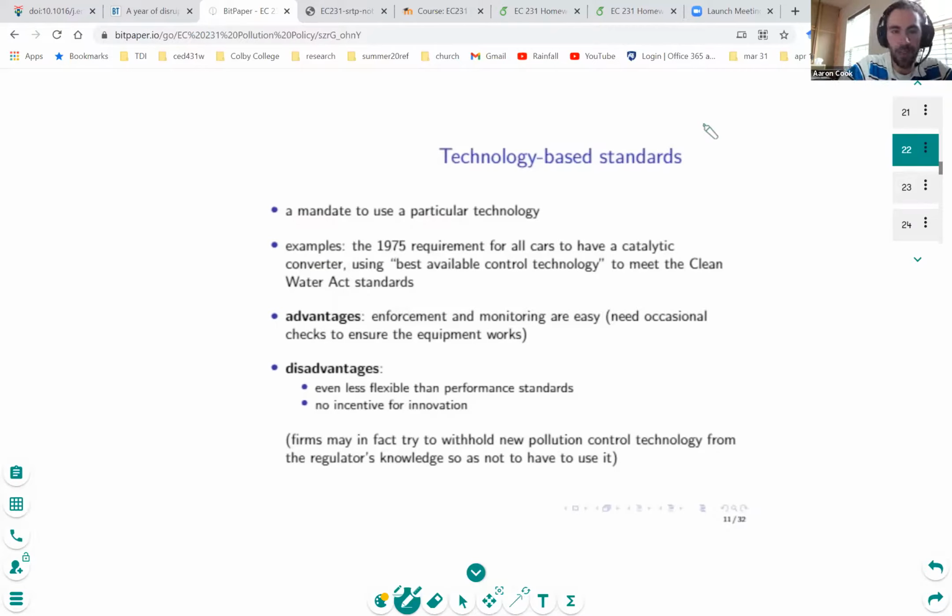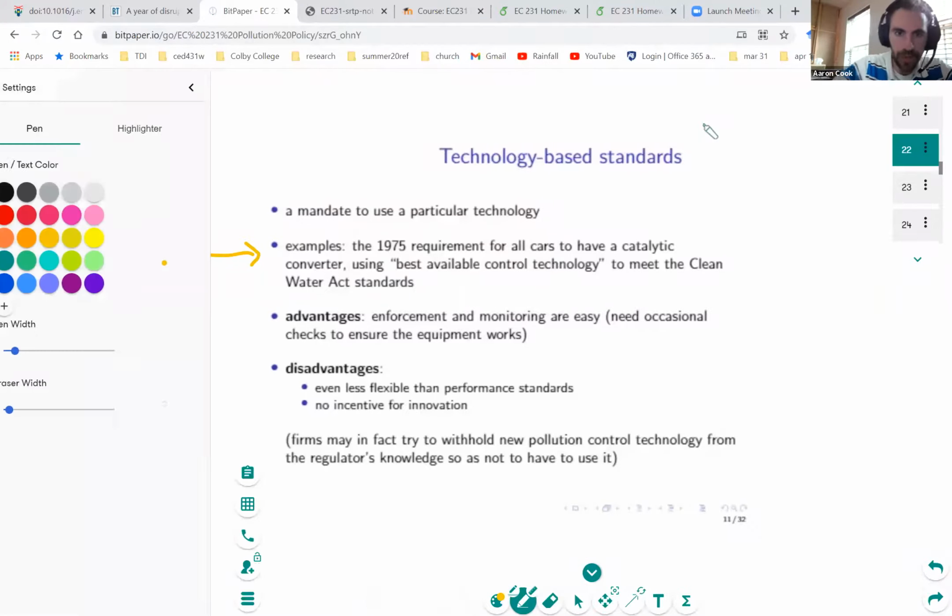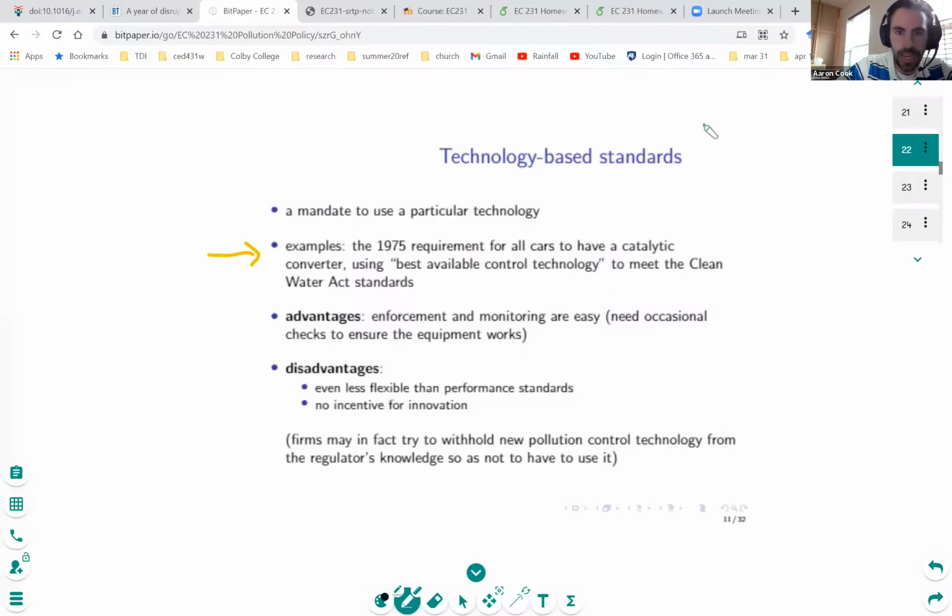An example of that was the 1975 requirement that all cars have a catalytic converter installed. The way I wrote this is a little bit confusing, but this example here, the 1975 catalytic converter, is a separate thing from the Clean Water Act, which the language of that Clean Water Act is that